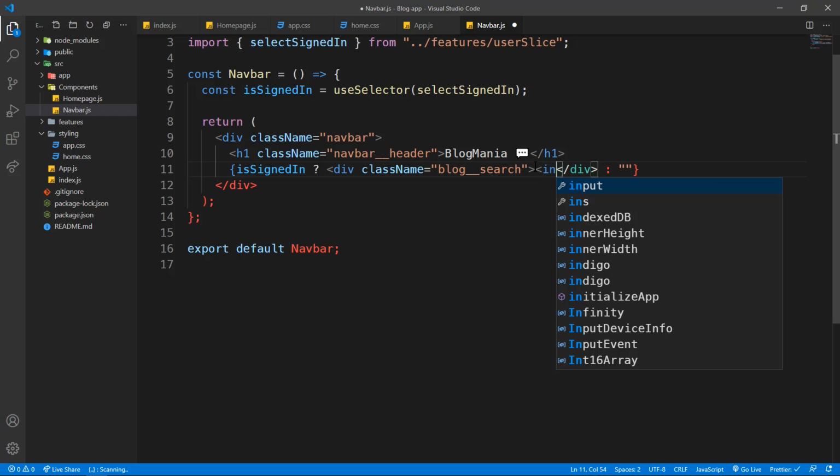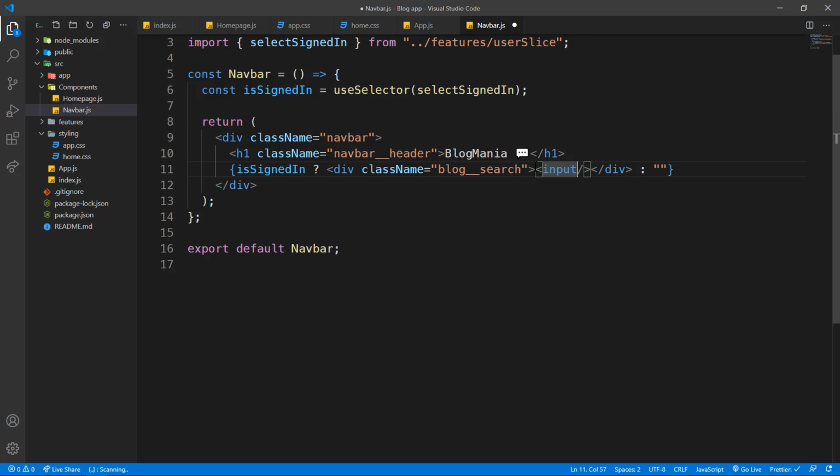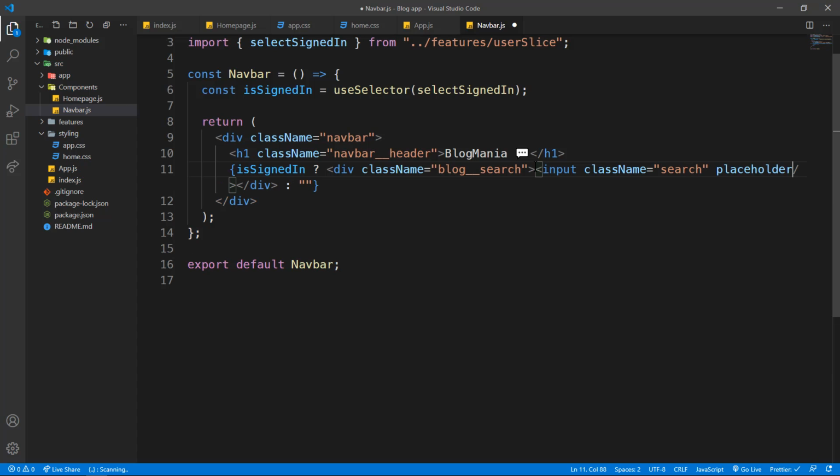Okay, so we will have an input, obviously. Then this is going to have a class name of search. We're not going to use any BEM convention for this. Search, and then placeholder will be equals to search for a blog, and then value will be equal to,